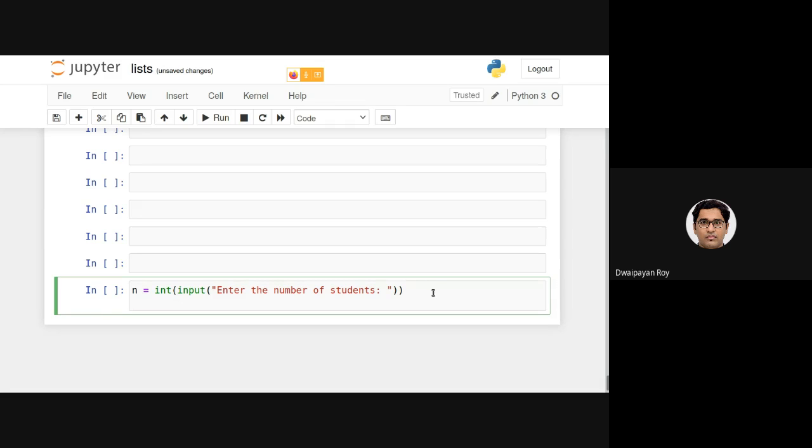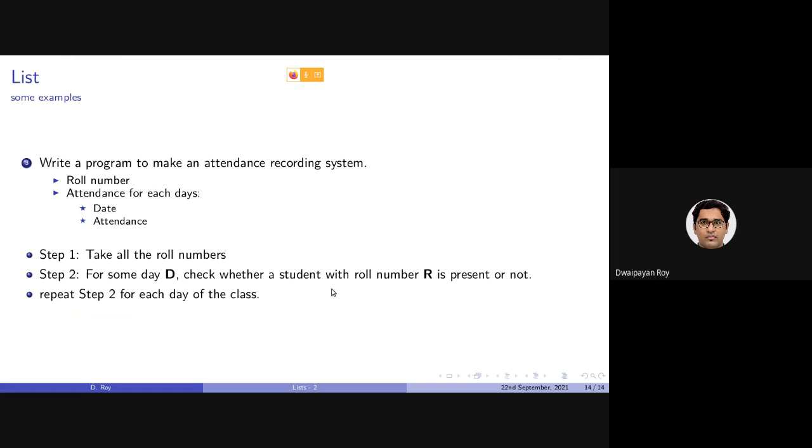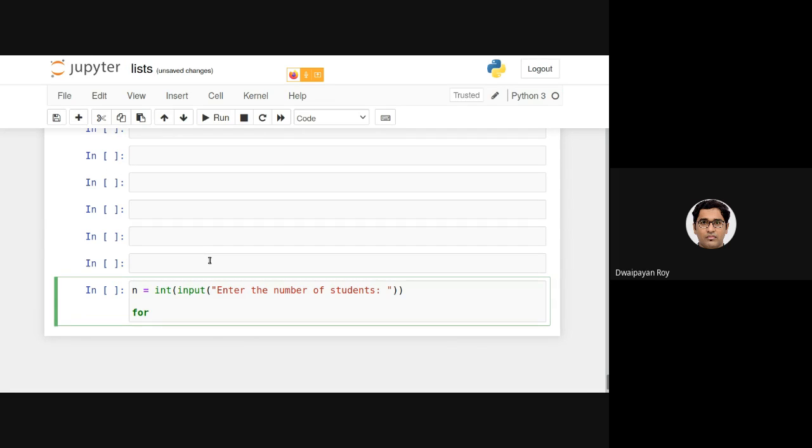Now, what I need to do is take all the roll numbers and store them in a list. So let's declare a list which will be an empty list, right? Now I need to take all the roll numbers one after the other.